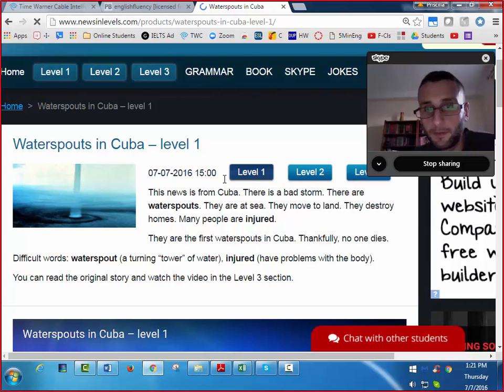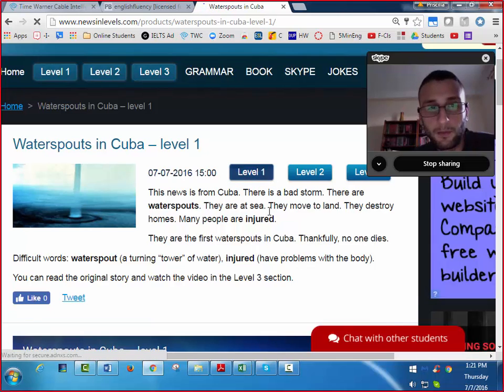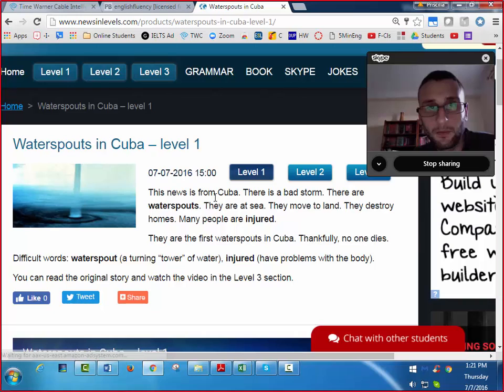So whatever level the student is at, this is very easy. It reads, this news is from Cuba. There is a bad storm. There are water spouts. They are at sea. They move to land. They destroy homes. Many people are injured. They are the first water spouts in Cuba. Thankfully, no one dies. Then the difficult words here are water spout, a turning tower of water, injured, have problems